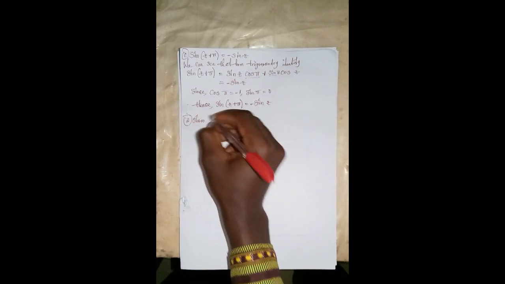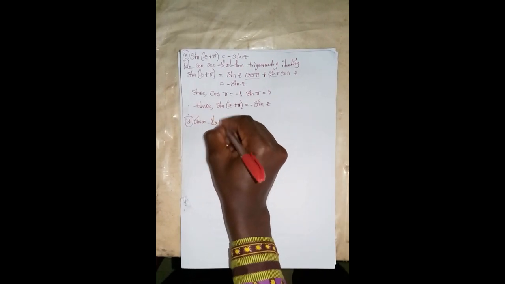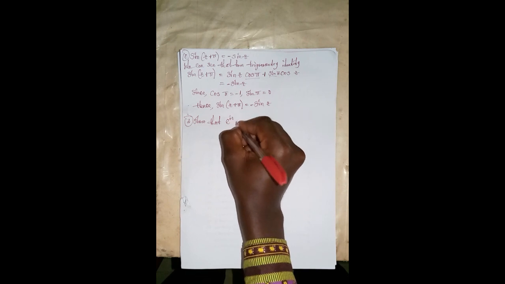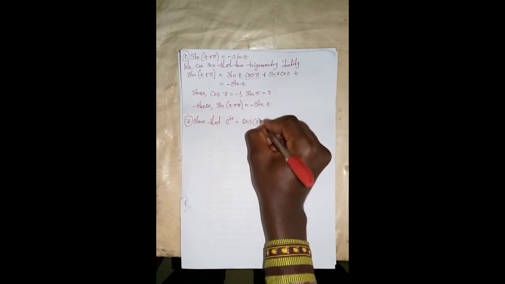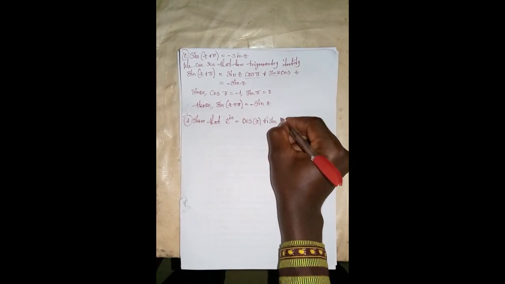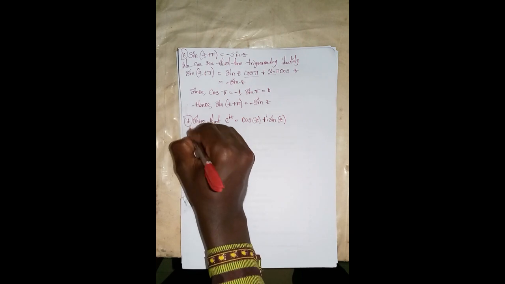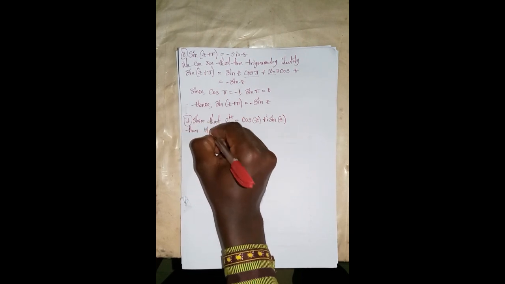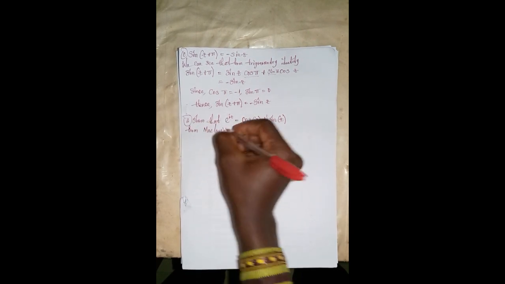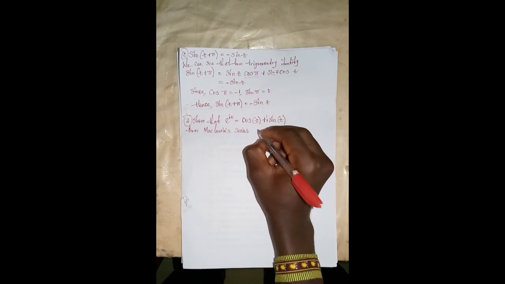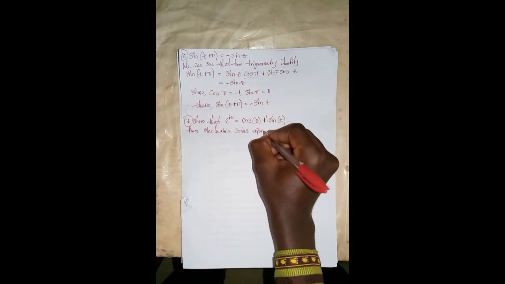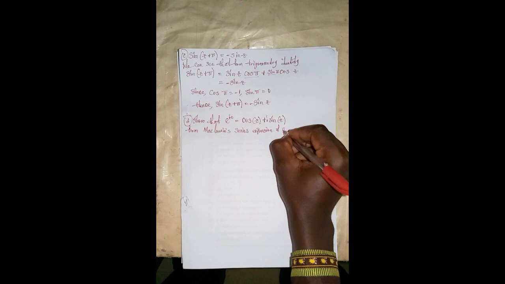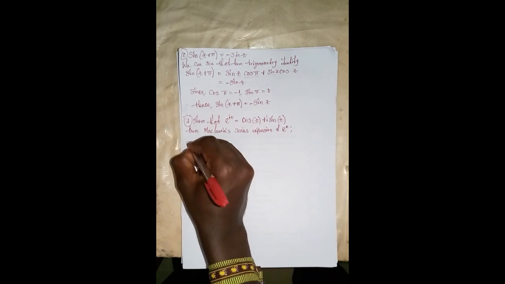Where we need to show that e raised to the power of iz is equal to cos z plus i sine z. Now, for us to show that the left hand side is equal to the right hand side, we will show it from the Maclaurin series. From the Maclaurin series expansion of e raised to the power of x,